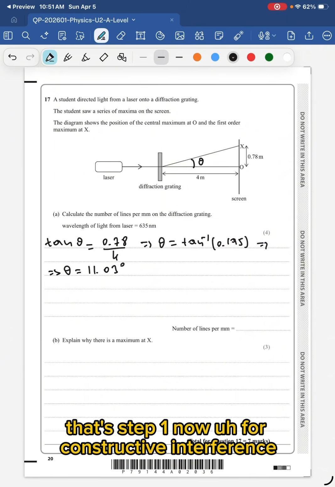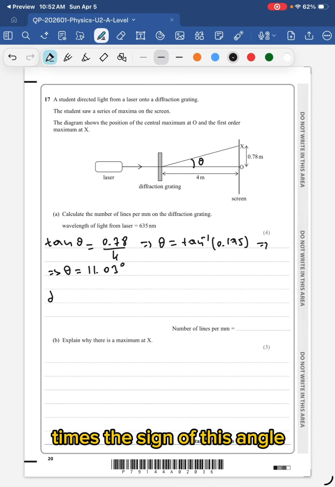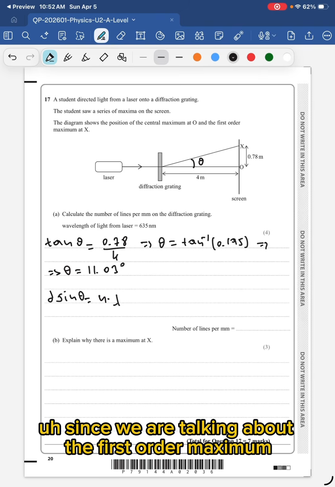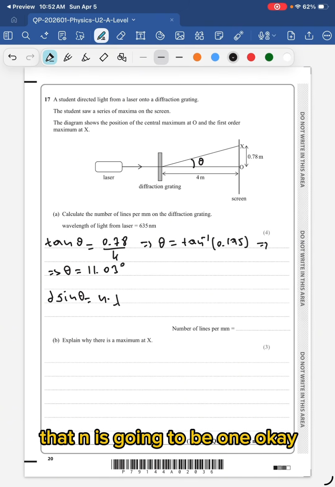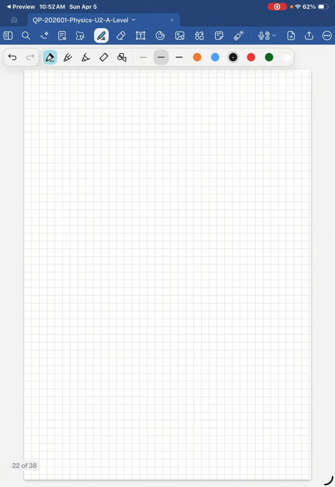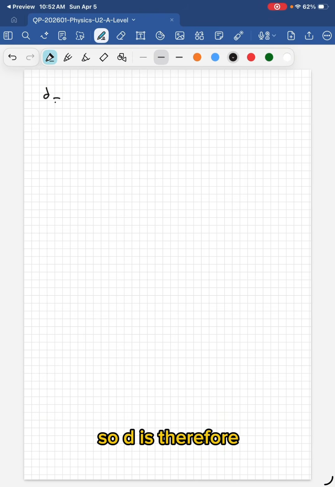Now, for constructive interference, we know that d, the distance separating two lines in the diffraction grating, times the sine of this angle we just calculated, theta, is equal to the order of the maximum times lambda. And since we're talking about the first order maximum, that n is going to be 1, okay? I'm going to use a clean page because I don't want everything to be cramped there. So d is therefore